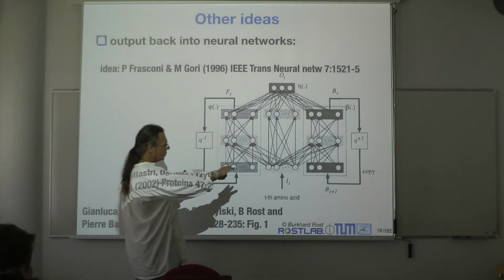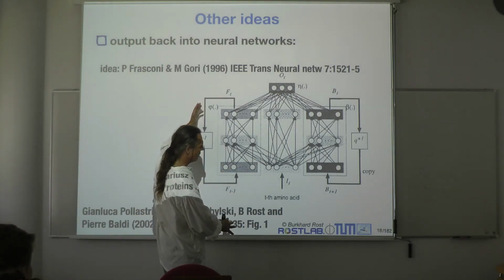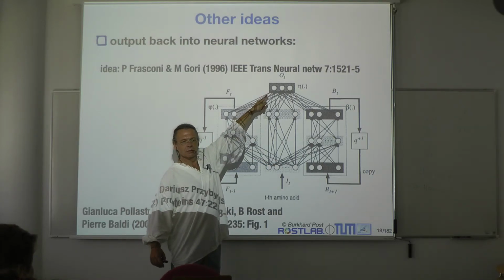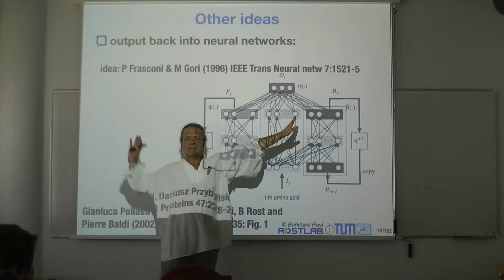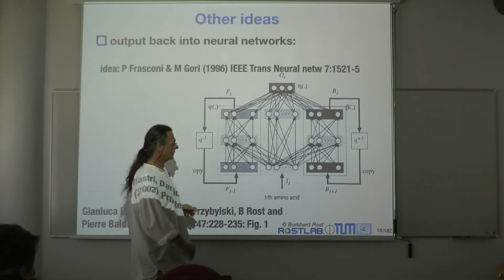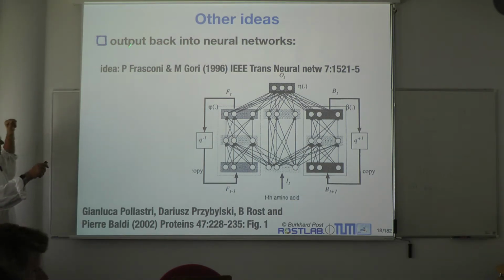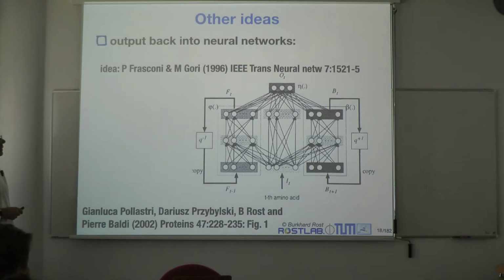And now, what I showed you before is sort of this 90 degrees around. This is the input now. This is the output. Previously the output was on that side and the input was on that side. So this is the 90 degree rotation. It's a type of method, a recurrent network. I should have put the word up here. Sorry, I didn't. The idea comes from Paolo Frasconi, and later was put by Gianluca Pollastri and Pierre Baldi